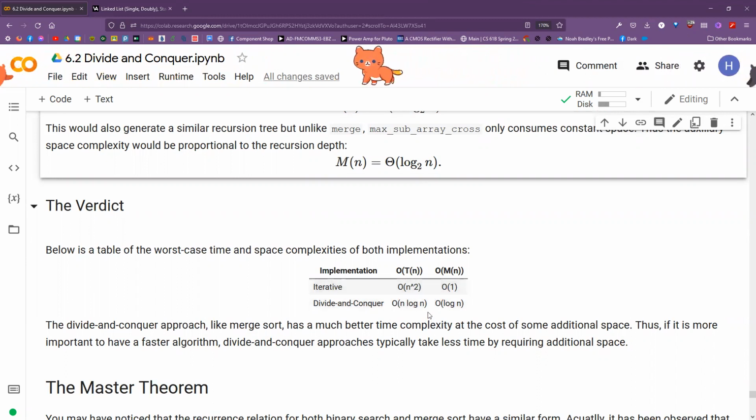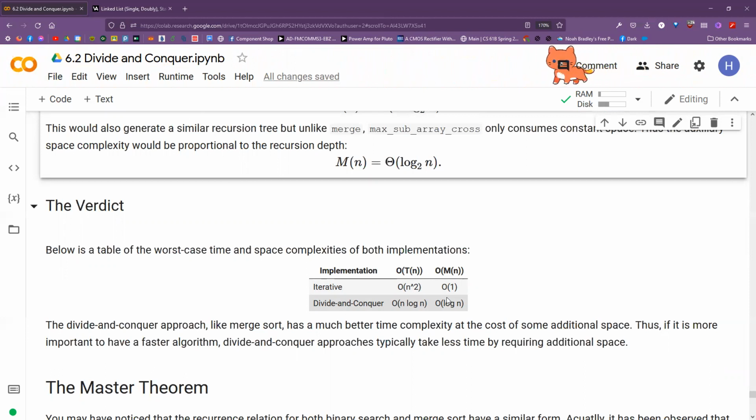And then yung memory or space complexity natin, constant siya for the iterative method and logarithmic siya for the divide and conquer approach. So yun, so parang further strengthening our point na yung divide and conquer, usually in applications like this, it can speed up yung ating algorithm, but we take up additional